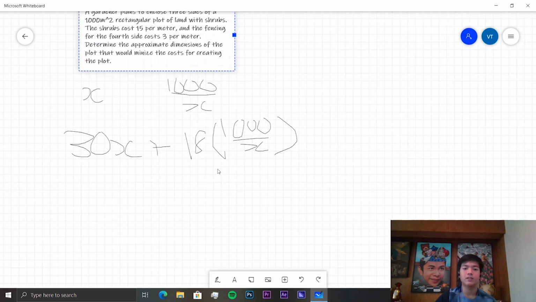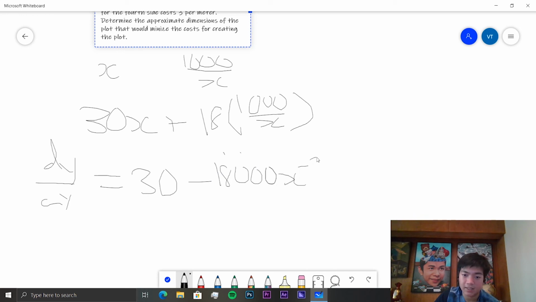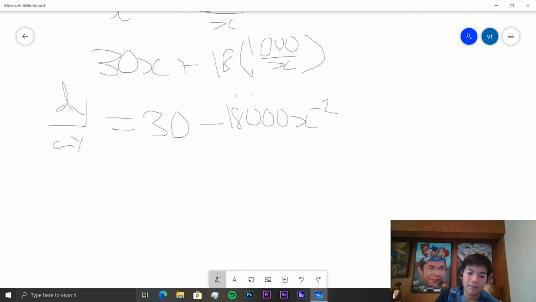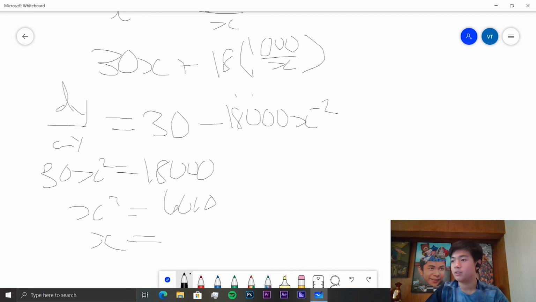So this function, well, let's get the derivative. And we get 30 plus, oh sorry, minus 18,000 x to the negative 2. So we need to find the minimum. In this case, this would be when 30x squared is equal to 18,000. So x squared is equal to 6,000. So x is roughly equal to